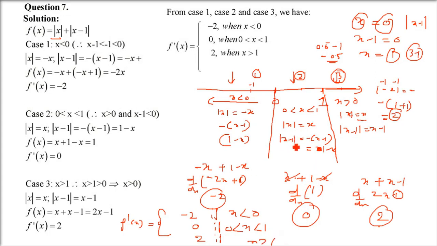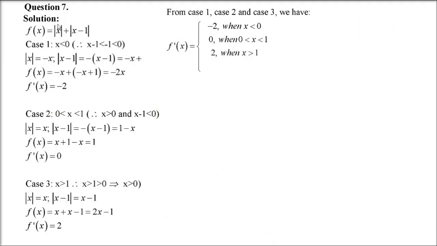So I just told you these situations. You can also put a proper value below 0, between 0 and 1, and above, and then try to find out whether x minus 1 will be positive or negative. This also you can do. But by doing such kinds of questions, you will be quite clear what the mod value is going to give you.